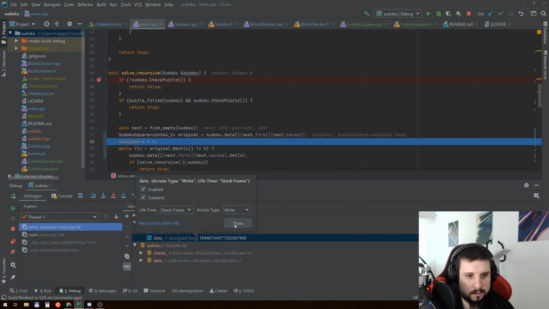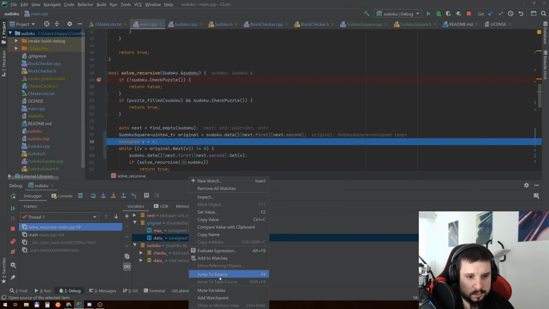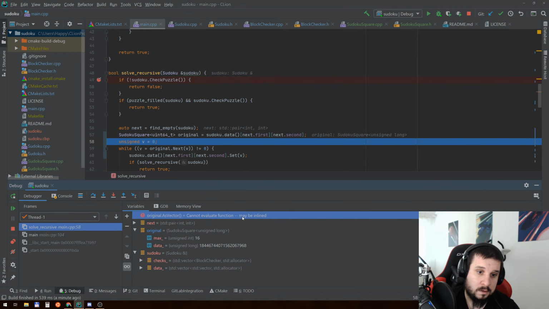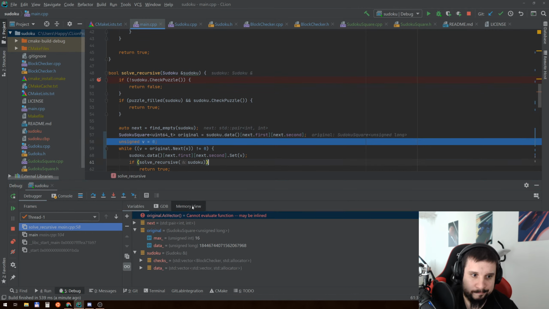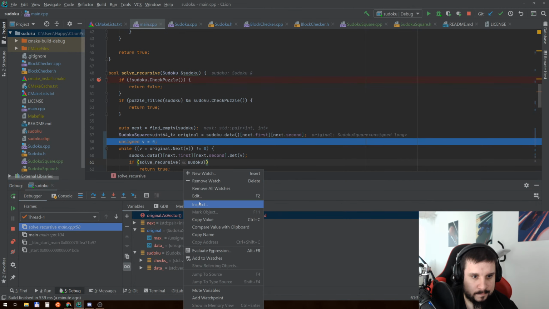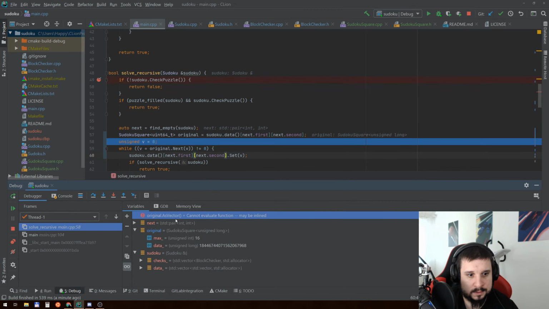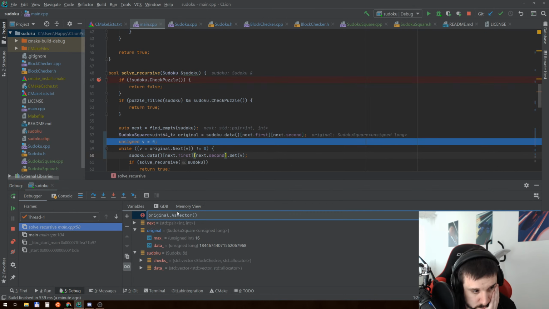Oops, no, that's not what I wanted. I wanted new watch. Yes. I want original dot s vector. What the heck? I mean, yes, it is inlined, but